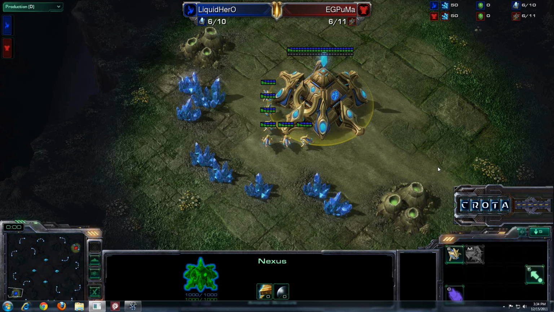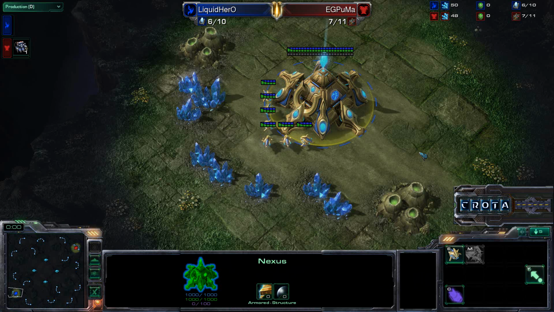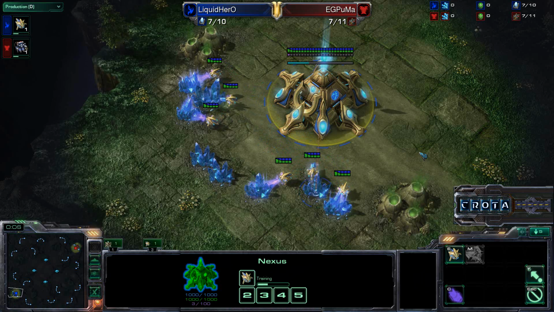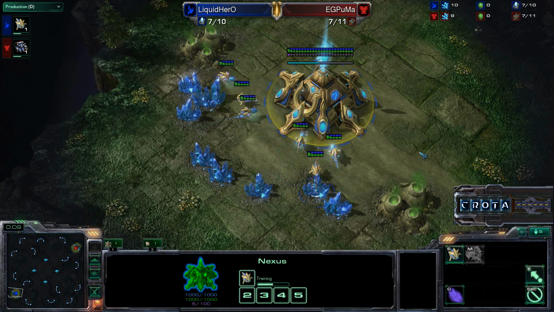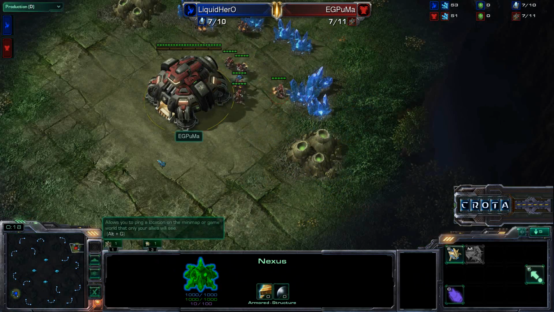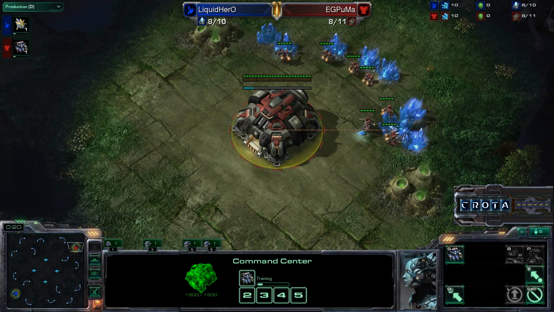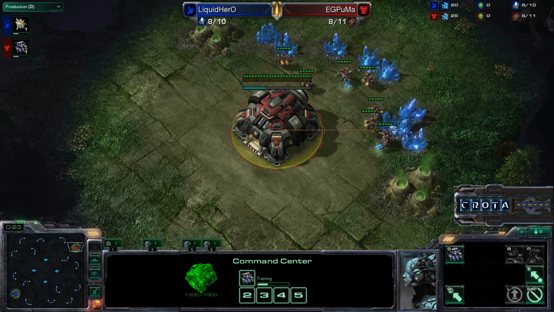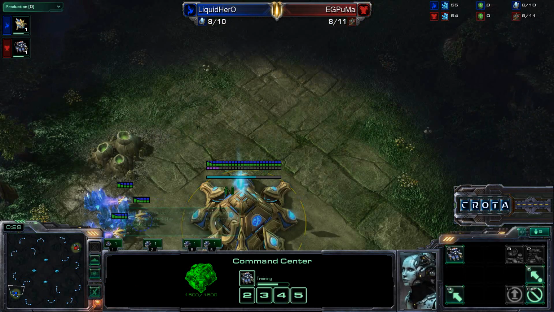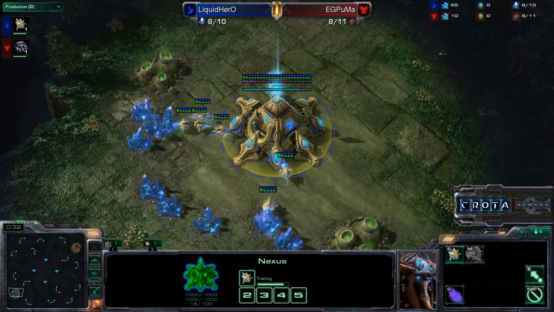Hello everyone and welcome to Game 3 in the series, Hero versus Puma. This time we are on Tall Dareem Altar, Hero spawning as the blue Protoss player on the bottom left hand side of the map at the 7 o'clock position. Meanwhile, Puma as the red Terran on the top right hand side of the map. So Terran versus Protoss once more. And I am very interested to see what is going to go down in this particular